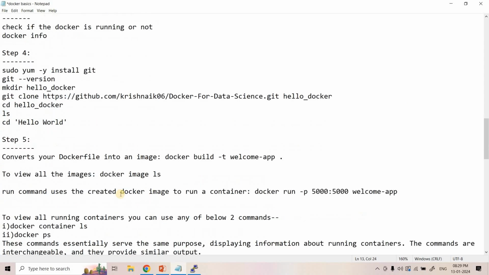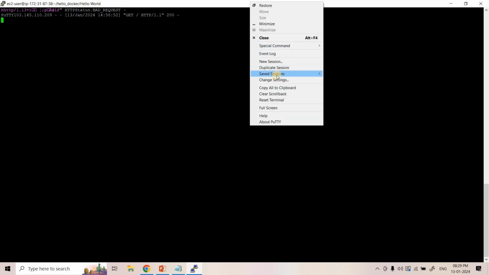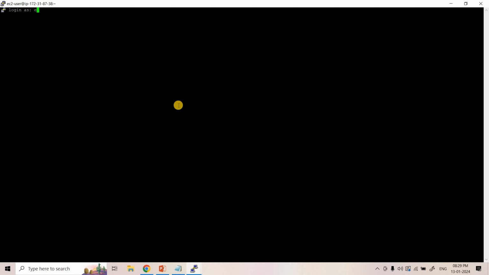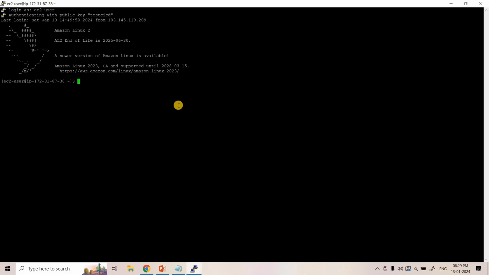Now let's go to our steps. Here our Docker container is running. To view all the running containers, you can execute docker container ls. I can do that by duplicating this session in a separate putty. I can log in as EC2 user, and then do ls. So we can do hello docker, and then ls. Here we can do hello world,